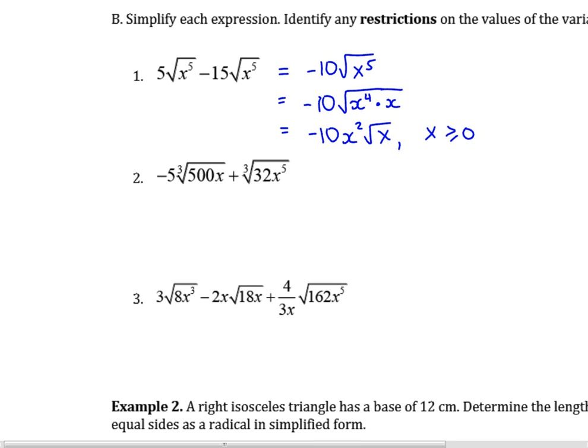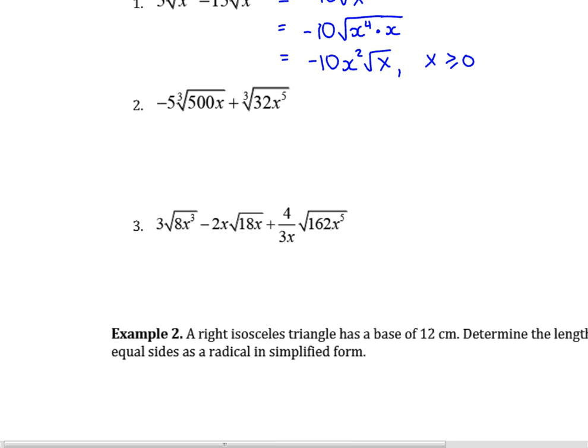Okay, cubic roots. Are these like radicands right now? Are they like terms right now? No, so let's simplify them. The largest perfect cube that goes into 500. Our perfect cubes, the ones I asked you to memorize: 8, 27, 64, 125. 125 times